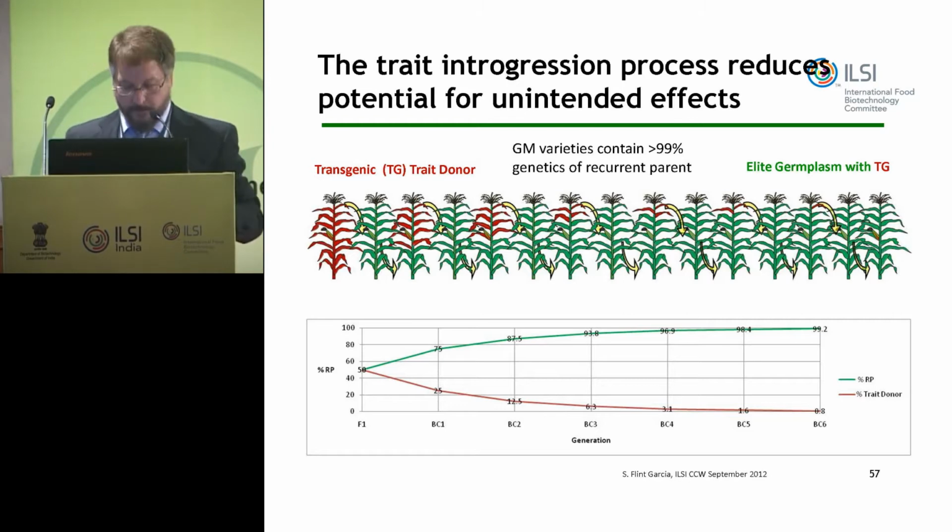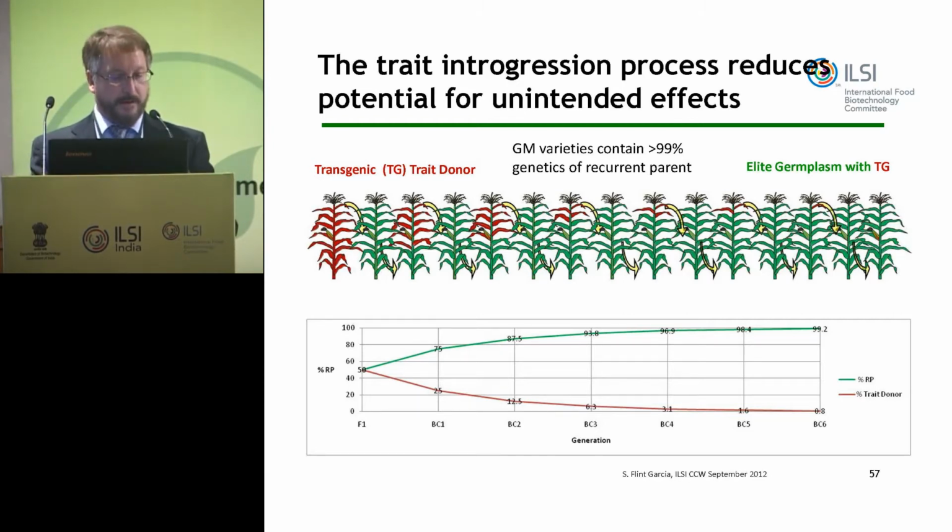Secondly, during the breeding process, you take a transgenic, cross it to a non-transgenic, then back cross, and the amount of red, in this case, that's the amount of traits coming from the engineered plant, where possibly the unintended effect could have happened, it gets eliminated by half with each generation until by the time you have something commercial, there's very little of the original genome left except for a few bits of DNA around the transgene.